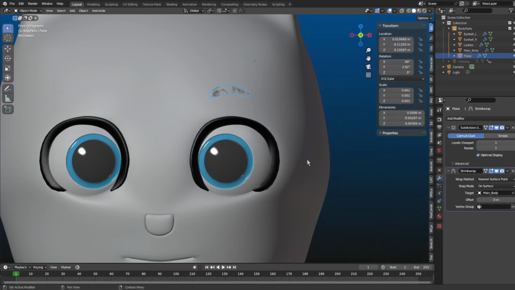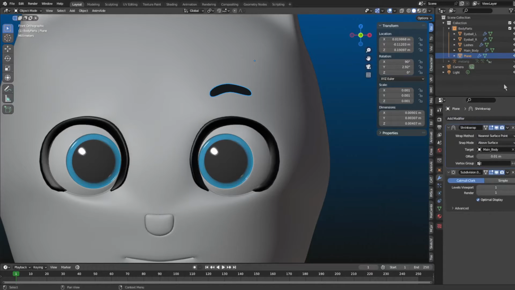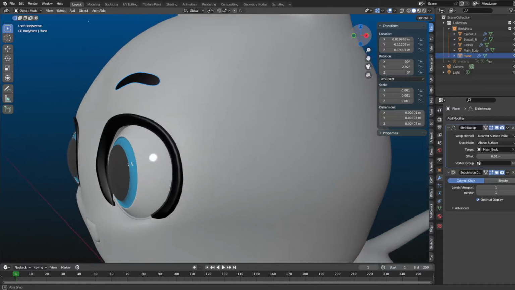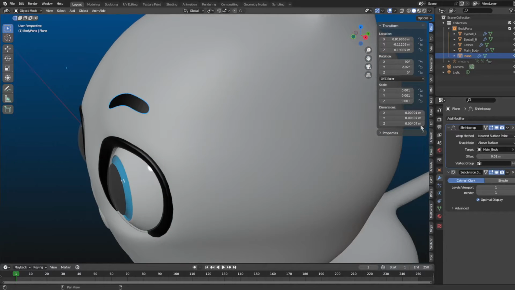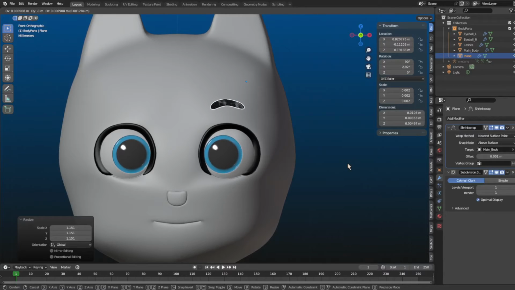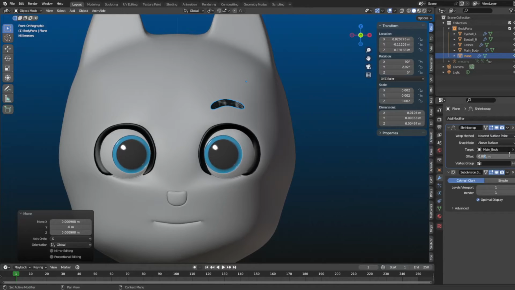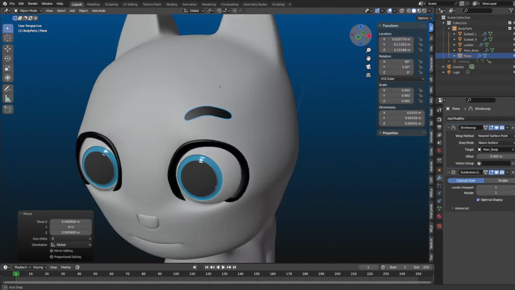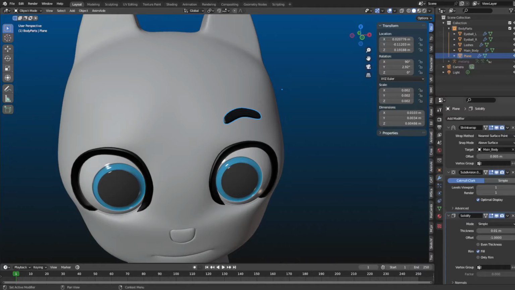shrink wrap, and just offset to 1. Snap mode to above surface. You can put it above the subdivision modifier if you want. Shade smooth. I'm actually gonna set this to this. Actually, maybe no. Maybe 5. Yeah, that's pretty good. And now the final touch to give it some detail and to make it look like